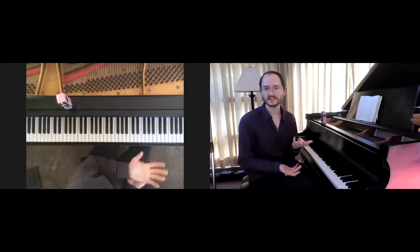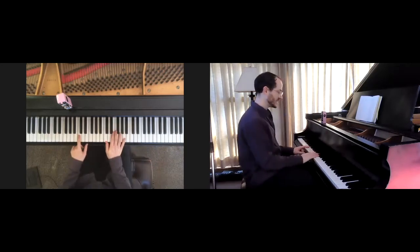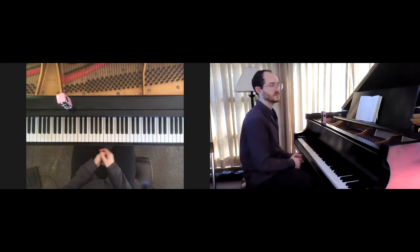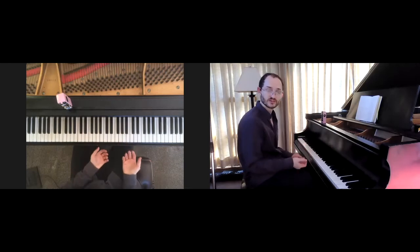So, Happy Birthday is actually a great example of a song that you can use to kind of practice inversions. You can actually play Happy Birthday with pretty much just 1, 4, and a 5 chord, C, F, and G in different inversions, and it'll work out. So